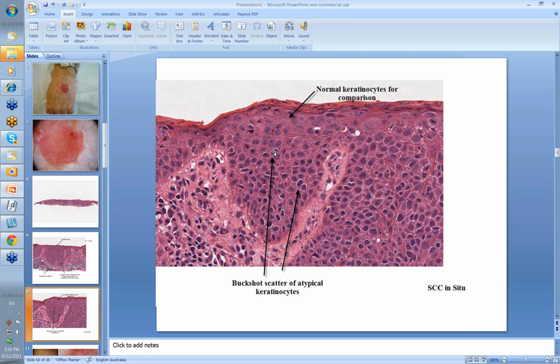These are your atypical keratinocytes with the little clear area round about the nucleus. And often, if you were to look carefully through this, you'd see perhaps a mitotic figure or two, or three for that matter. Sometimes you'll get clumps of these atypical keratinocytes as well, and occasionally you can get a clear cell change. But this is the picture of an SCC in situ, and it's the same picture if you have